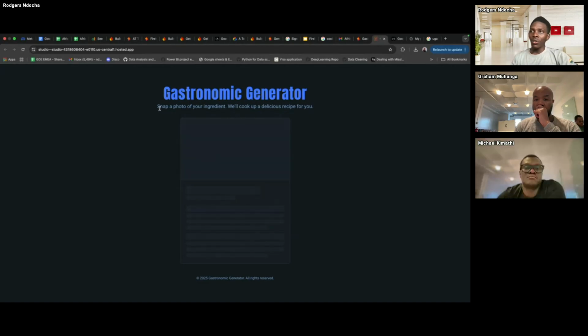You have an option to connect to Firestore. If your application needs a database to store information or to retrieve information from, you can always use Firestore for that particular process. So it's taking some time to, maybe it's identifying the image. This is not how a real application usually works.